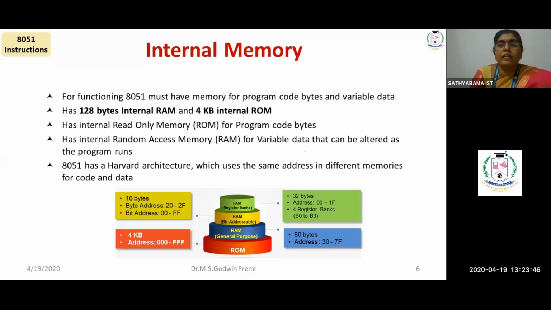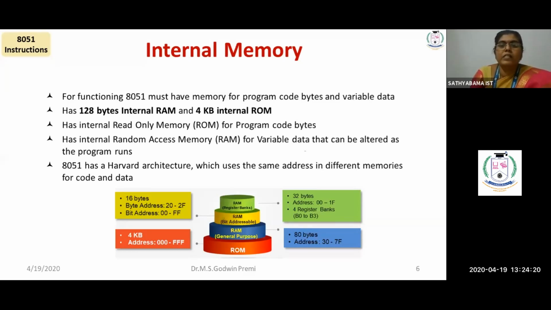How it is organized, if we know the memory organization, then it is easy to follow. So here only we are going to write the instruction. Here we are going to give the data, call the instruction, execute it and get the result. So just recall the 8051 internal memory organization. Internal memory is divided into 2, RAM and ROM. ROM has 4 kilobytes and RAM has 128 bytes. These 128 bytes of RAM are split into 3 parts.